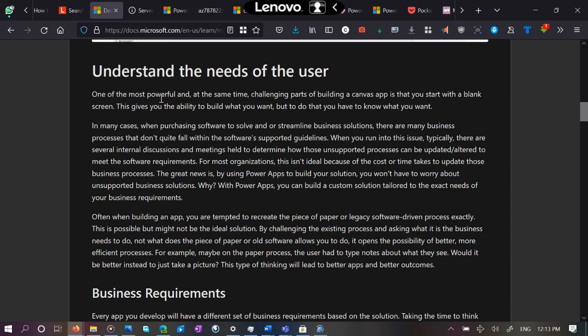The great news is, by using Power Apps to build your solution, you won't have to worry about unsupported business solutions. Why? With Power Apps, you can build a custom solution that is tailored to the exact needs of the business requirements. Often when building an app, you're tempted to recreate the piece of paper or legacy software-driven processes. This is possible, but it might not be the ideal solution. By challenging the existing processes and asking what it is the business needs to do, not what the piece of paper does or what the old software does, it opens the possibility of better and more efficient processes. For example,